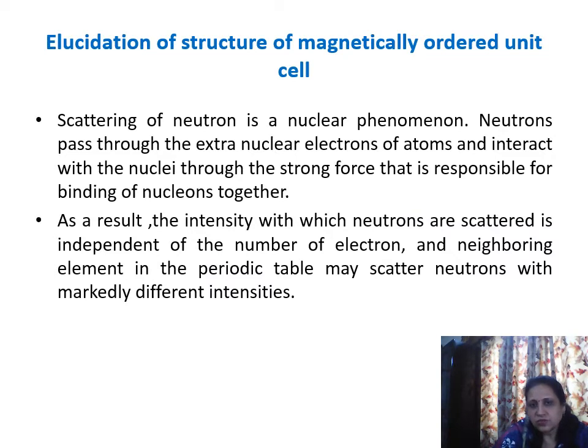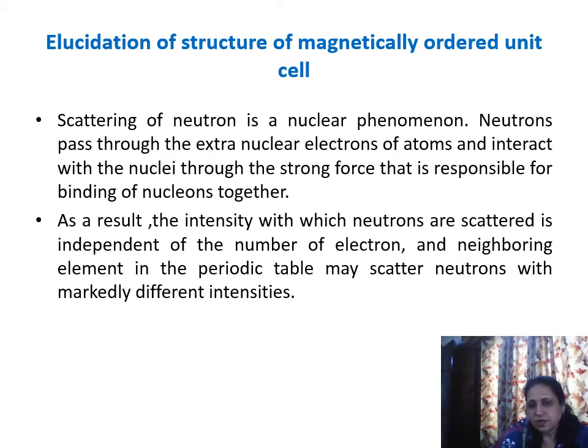Elucidation of structure of magnetically ordered unit cells: scattering of neutrons is a nuclear phenomenon. Neutrons pass through the extranuclear electrons of atoms and interact with the nuclei through the strong force that is responsible for binding of nucleons together. As a result, the intensity with which neutrons are scattered is independent of the number of electrons, and neighboring elements in the periodic table may scatter neutrons with